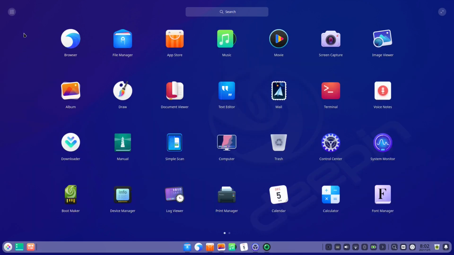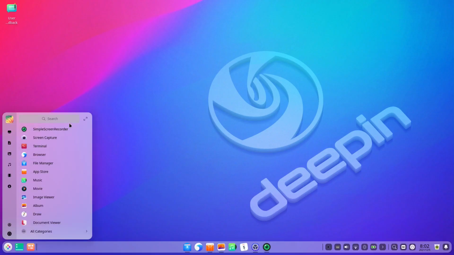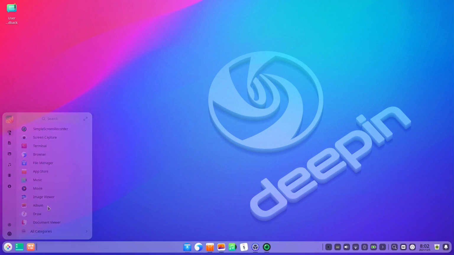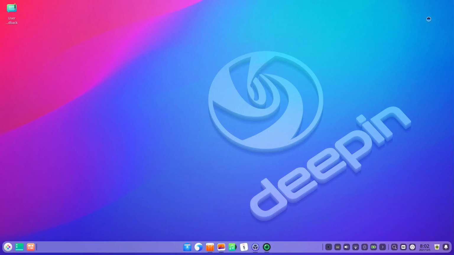Or you can have iconified view. We can drop that back down to a normal menu if we wish. You've got control center shortcut here, shutdown shortcut, downloads, videos, music, pictures, documents, and computer. So one thing I wanted to look at is out of all of this, I think LibreOffice,